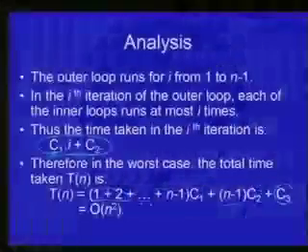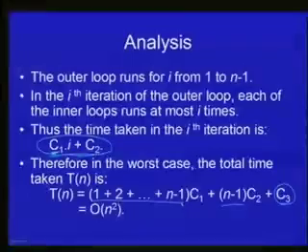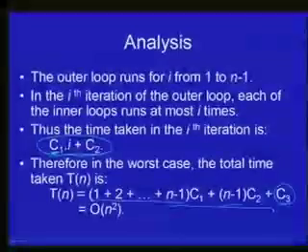Now this is an arithmetic series, and if you add this up, it turns out to be n times n minus 1 by 2, which is a constant times n square plus lower order terms, and so this entire thing is a constant times n square plus lower order terms, and therefore in the big O notation this is order n square. So this is the end of today's lecture.